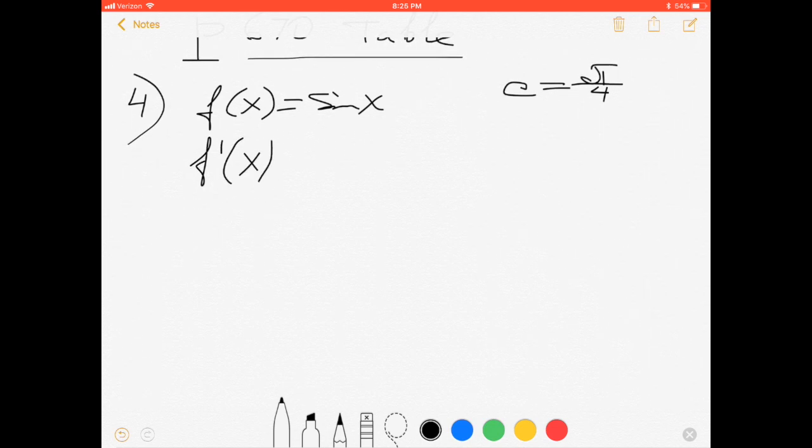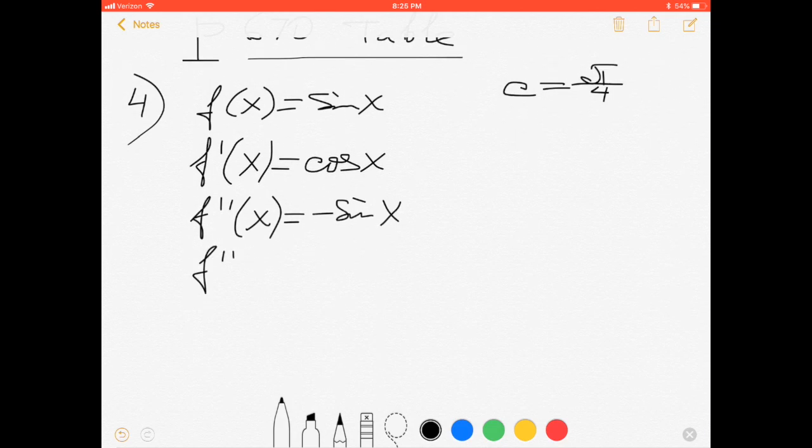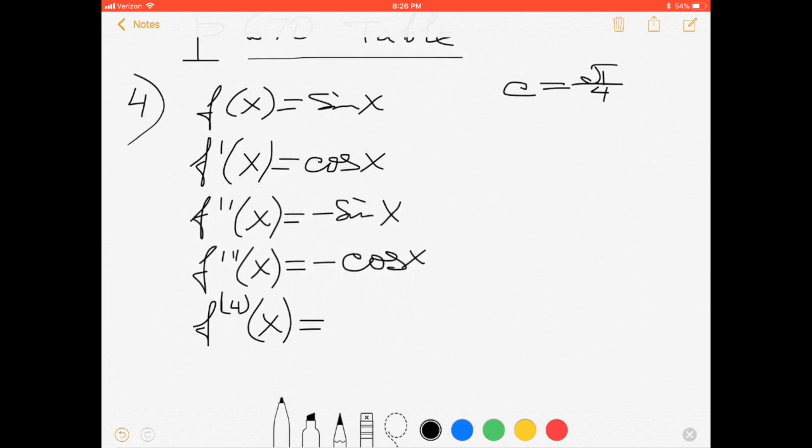Derivative, it will be cosine. Second derivative, it will be minus sine. Third derivative, it will be minus cosine. And fourth derivative, it will be sine. This means next this will be a cycle,